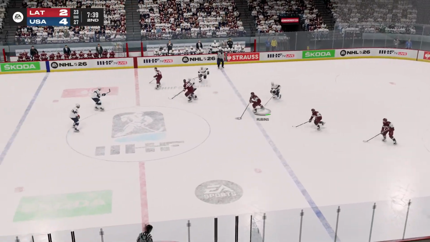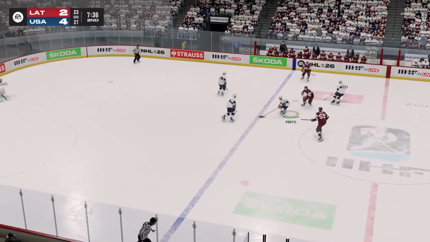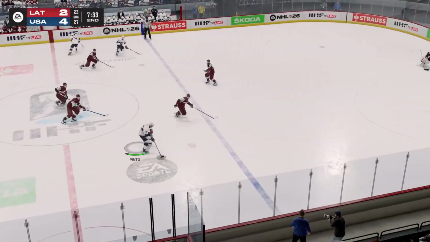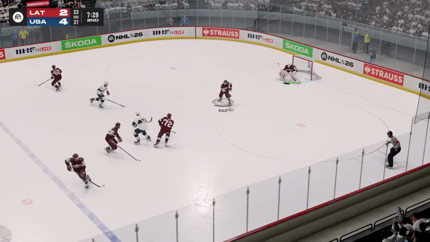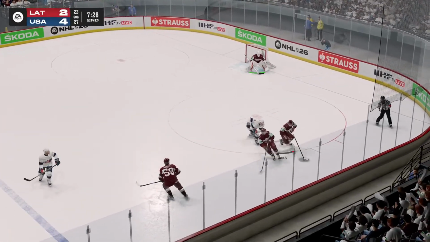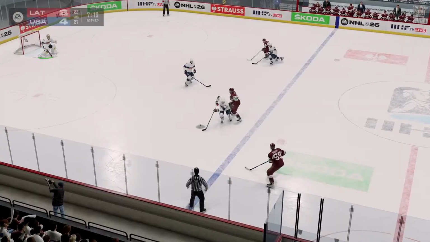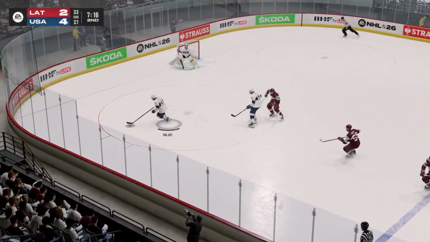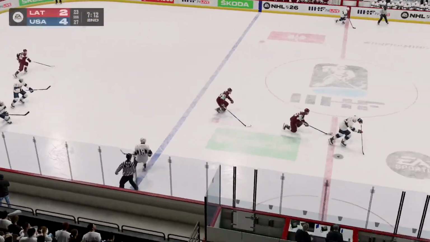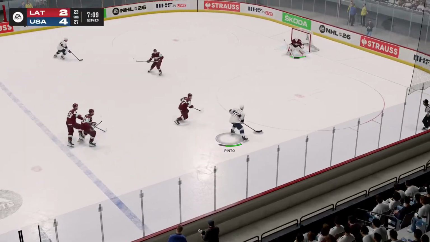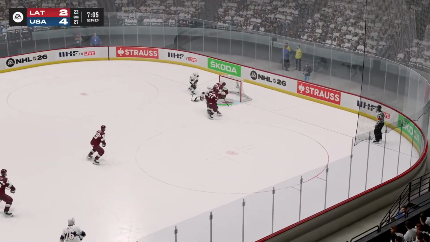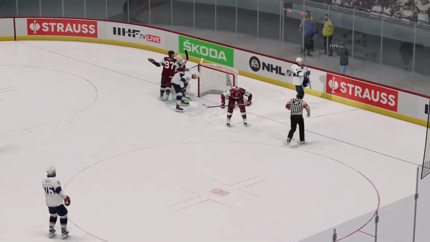Rubens wins that battle for the puck. Pinto takes it away in center. Turns back for the United States. Eagle now here for Latvia. Under 7:30 to go in the period. Team USA leads by 2 goals. It's 4-2, outshooting Latvia 27-23. Pinto brings it in. Cuts inside. Denied. Score! On the rebound.